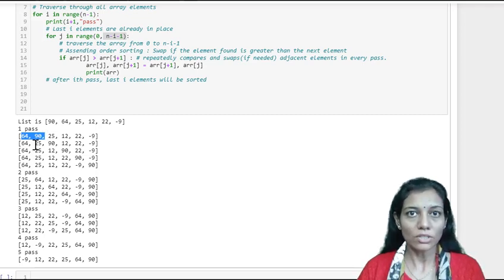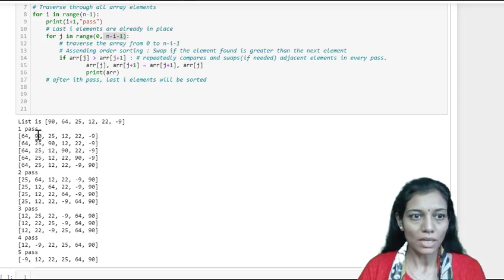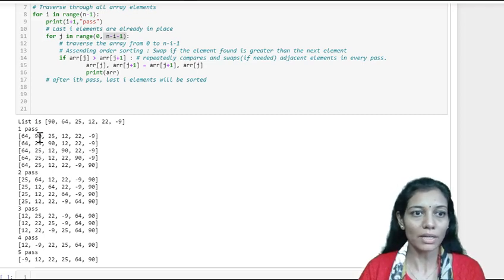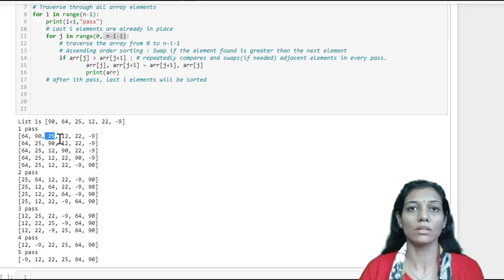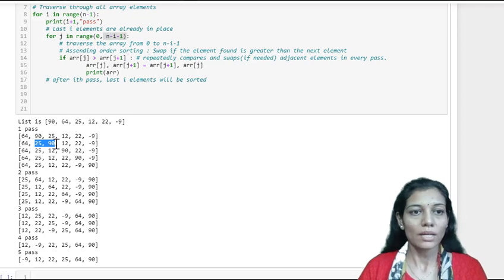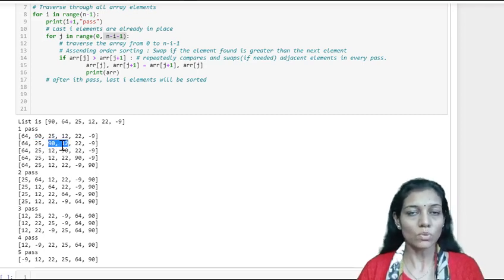In the next iteration of the first pass, what happens? This will now be the input for the next iteration, and if 25 and 90 are found out of order, here what I mean by out of order is the bigger element is placed ahead of the smaller element. That's why we'll swap these two elements. Now for the next iteration, 90 and 12 are compared and they are out of order.